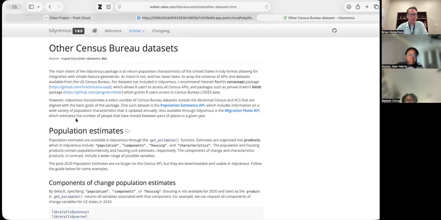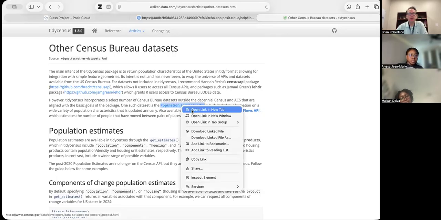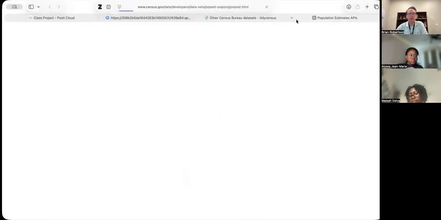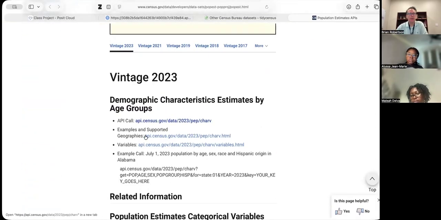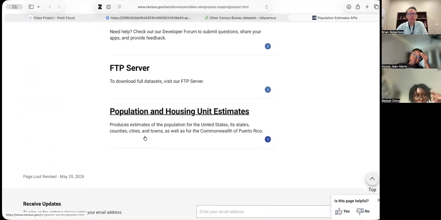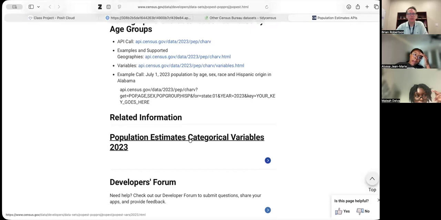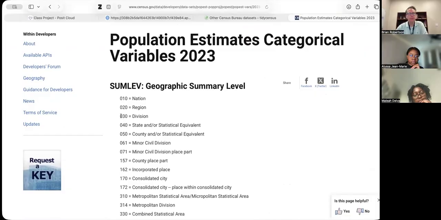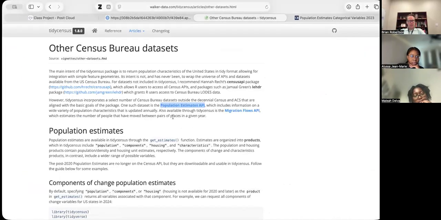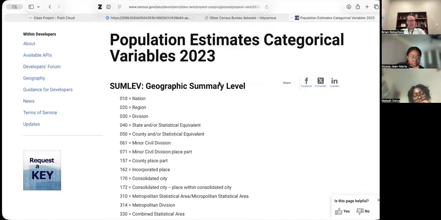Let's see, we have data dictionaries. One's the data estimate API, which includes information on a wide variety of data. If I open this new link, what do I get? Population estimates API. And I get a bunch of vintages, and I get categorical variables. Here we go. So if you just hit the link on these data sets, population estimates API, and I go to the categorical